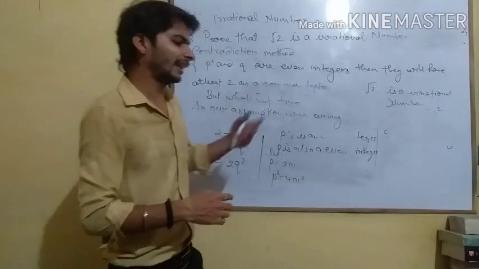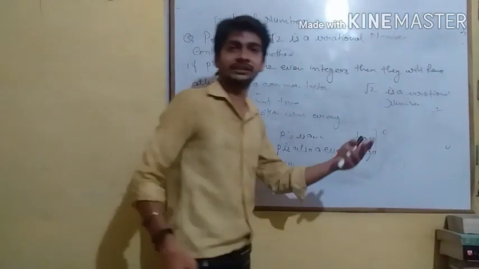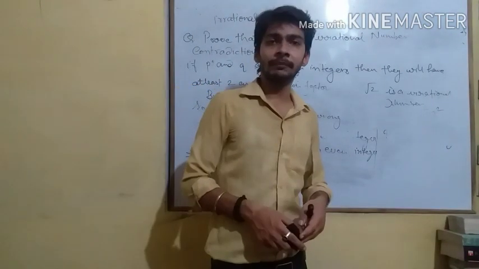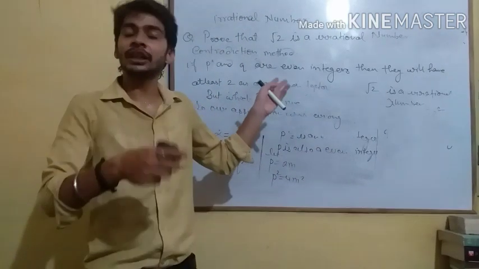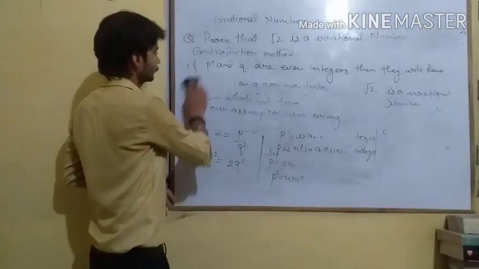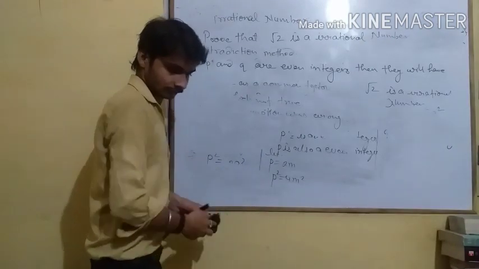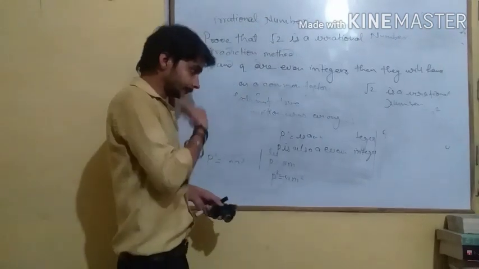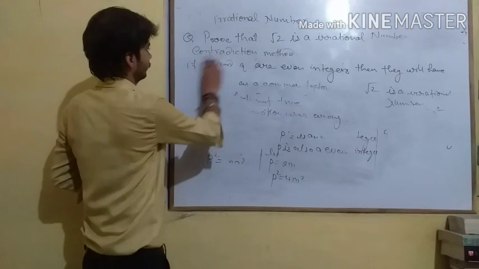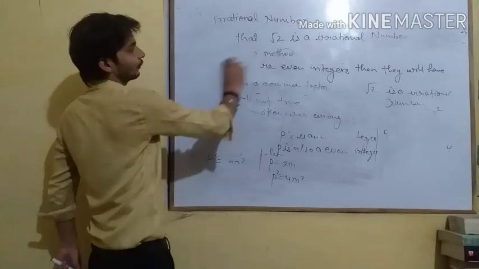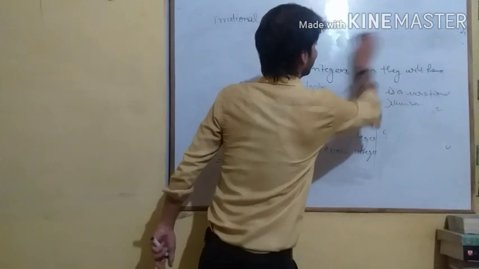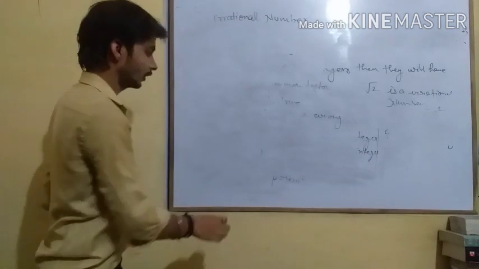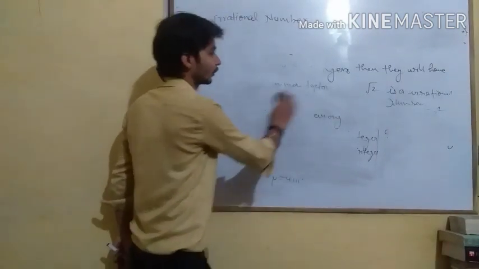You can use it for any further questions like root 2 plus 3, 5 plus root 3, root 7. There are many types of questions given in your book. You can solve them by the contradiction method and by the division of the square root method. Many types of questions are solved by contradiction methods in your book. You can solve them easily, and if there is any problem, just notify me and I will give you the solution for the questions.